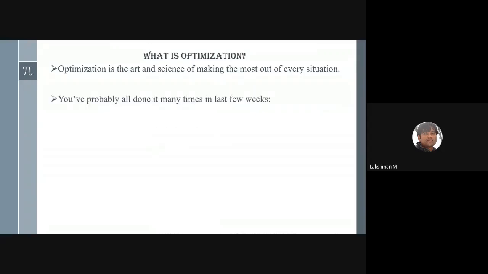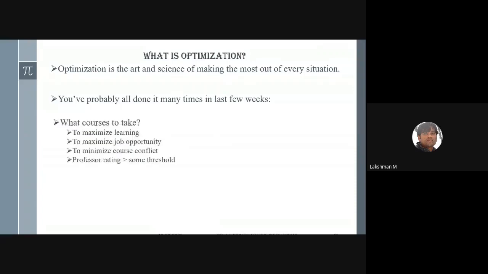You have probably all done it many times in the last few weeks, or you might have observed such scenarios anywhere, like what course to take. If you are deciding what course to take, this would be your objective function. And in order to decide, you have to put some constraints.